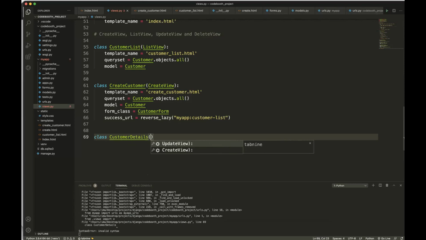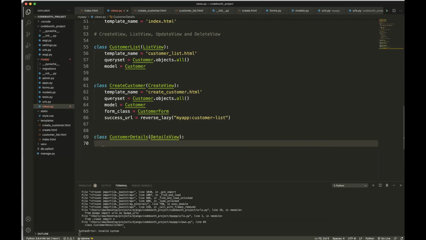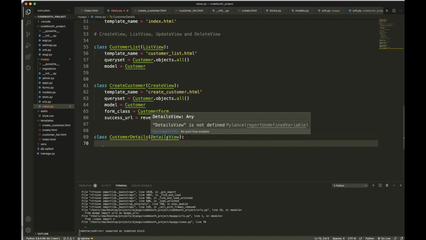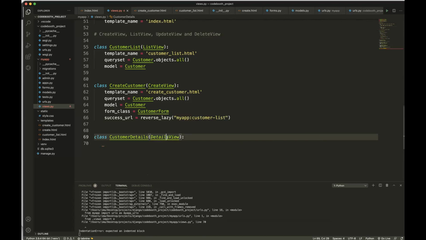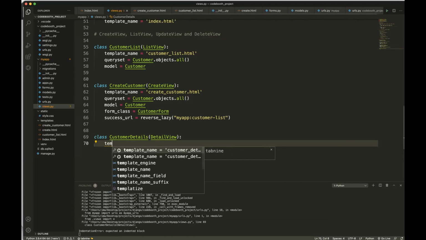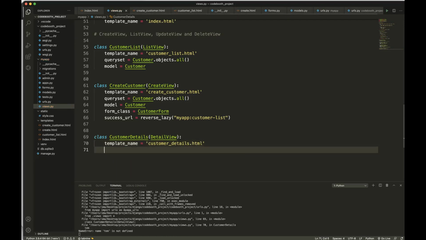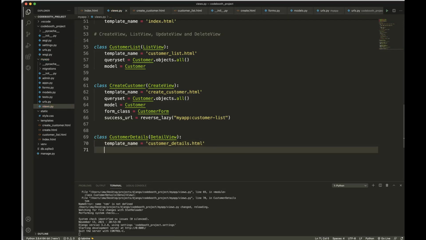Then we are going to inherit the detail view. Detail or details? It's detail. Okay, so the detail view looks out for the template name, obviously. And then